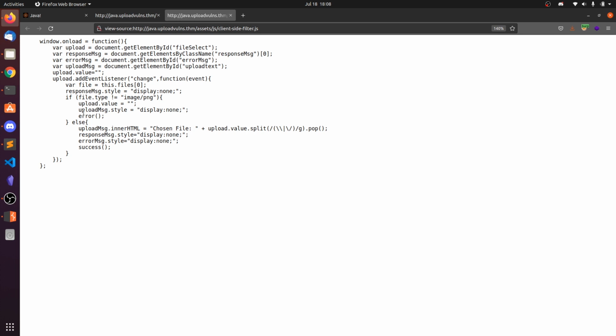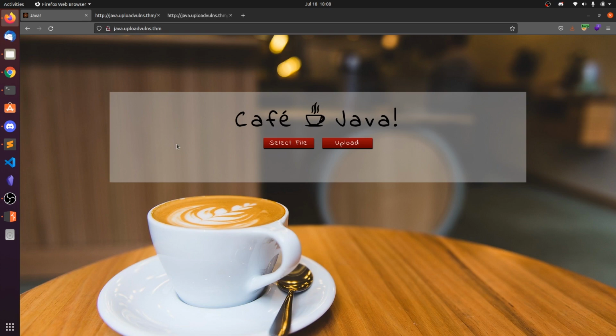So here we have the filtering. If the file type is not equal to image or PNG, then it is setting the value to null. So whatever file you upload, it is setting to null. So what we're going to do is we can intercept the request.